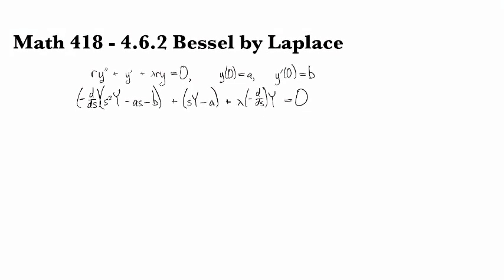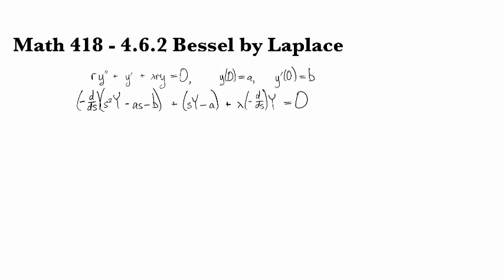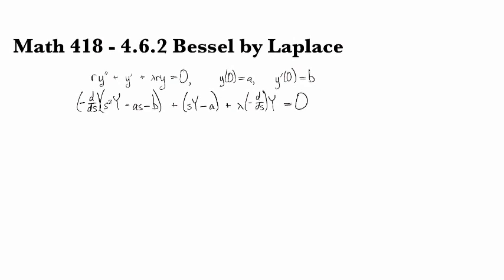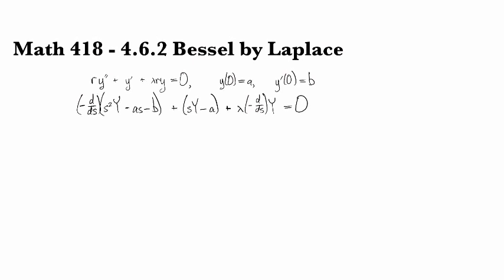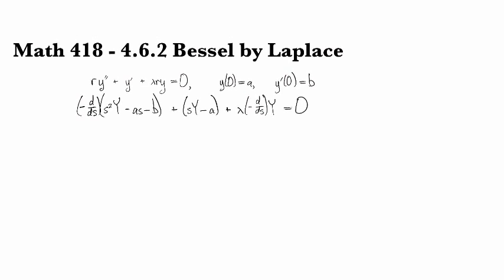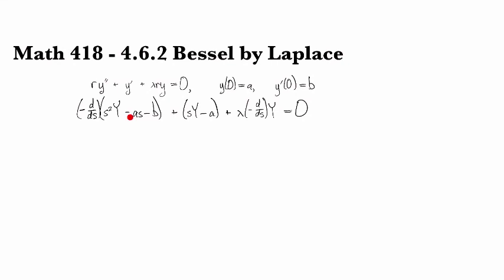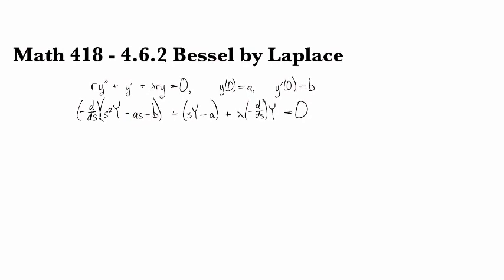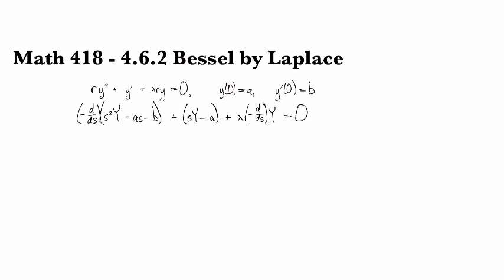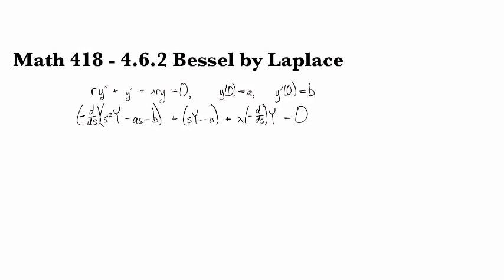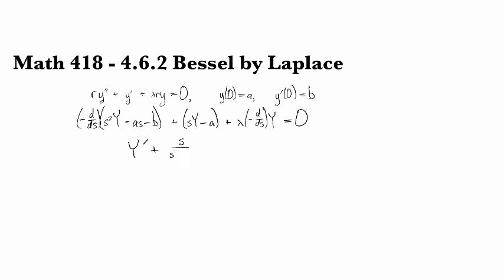Okay. So now we've got some differentiation to do, and this is going to take product rule here. So this is going to be 2sy plus s squared y prime. And when we collect up all the bits and pieces, what happens is the a's and b's go away. So this b is going to get differentiated into dust. This one here is going to become a positive a because of the negative sign and the derivative. And over here we have a minus a, so the positive a and the negative a cancel with each other as well. So long story short, we end up with y prime plus s over s squared plus